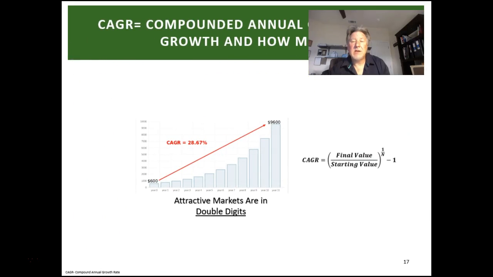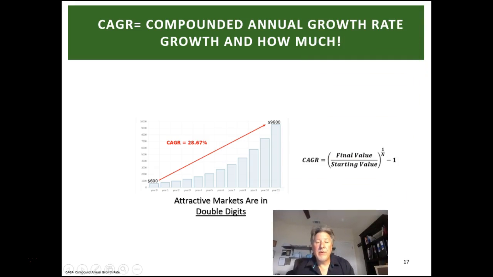And last but not least, tied to that question about whether it is attractive enough, especially if you have smaller markets, is whether the individual market is growing, especially if it's small. With large markets, the growth rates are going to be much smaller, but with smaller markets, what you look for are double-digit growth rates. We do this by using what we call compounded annual growth rates for specific market segments. And so what you do is you look at maybe over 2 years at least,